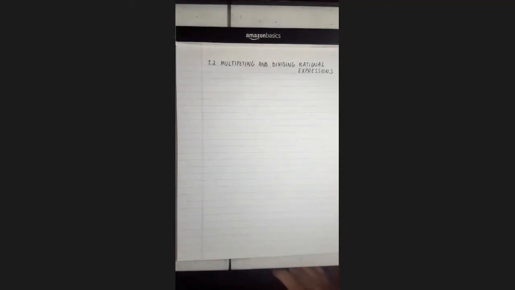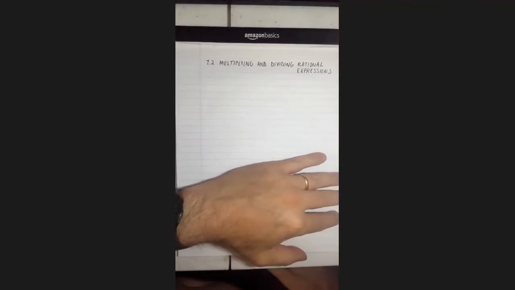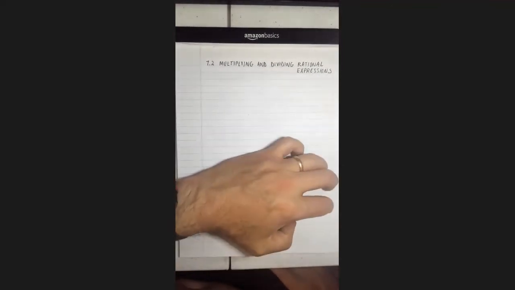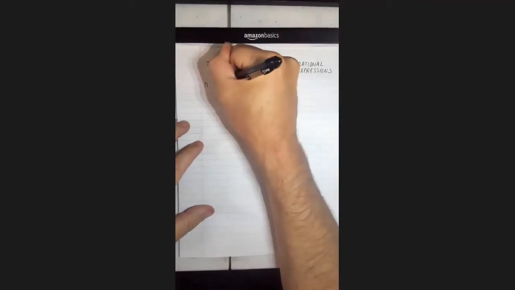All right, so 7.2, multiplying, dividing rational expressions. One thing with these, you are going to be multiplying and dividing. We already know how to multiply and divide fractions, and then you're going to be simplifying. It's kind of the same thing as 7.1 as far as simplifying these